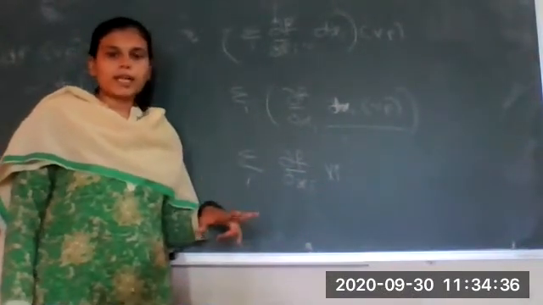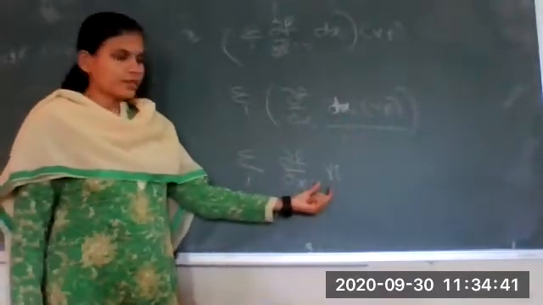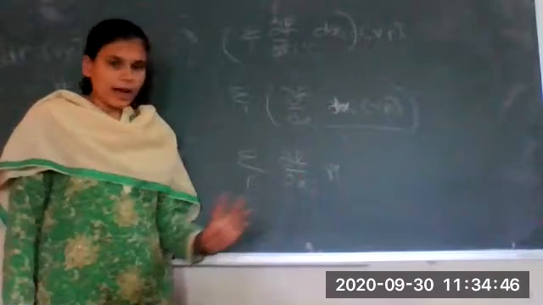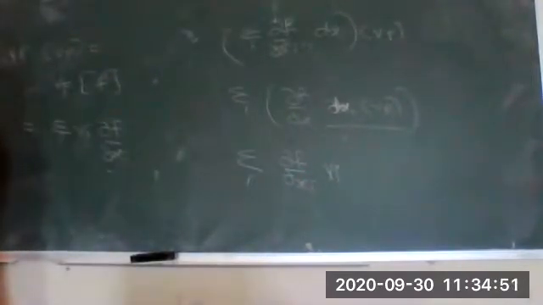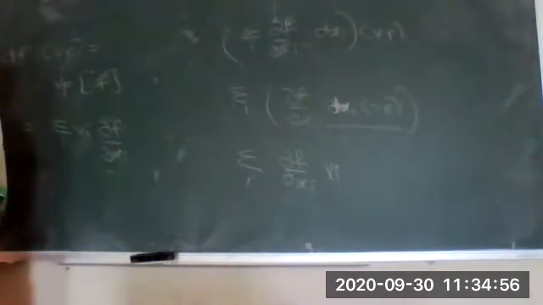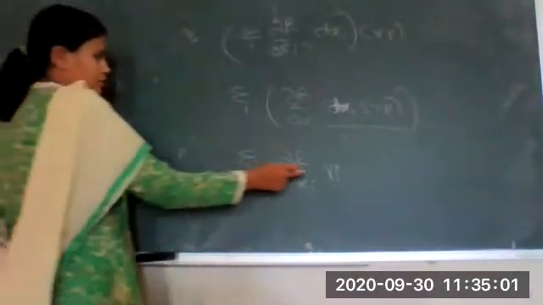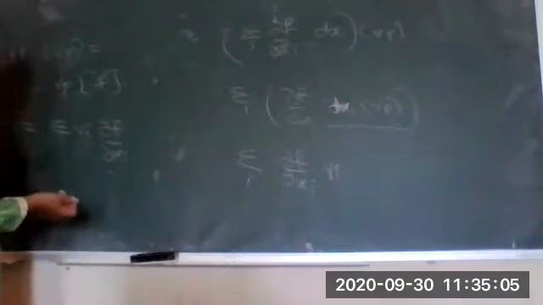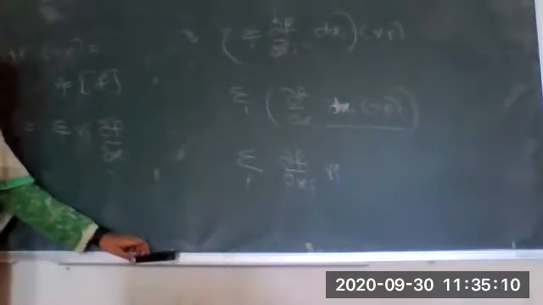Now what is the property of delta ij? It is equal to 1 only if i is equal to j. So if you run the summation over this, you will get the answer vi. Okay, so we will get dou f by dou xi into vi. So here also we get the summation over i of vi dou f by dou xi. Here also the summation over i of vi dou f by dou xi. So LHS is equal to RHS, hence we can write df is nothing but